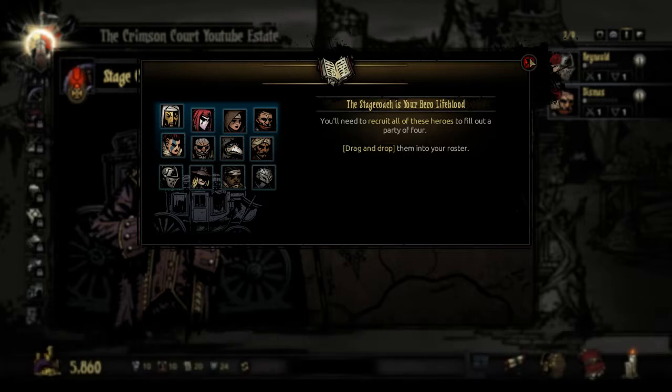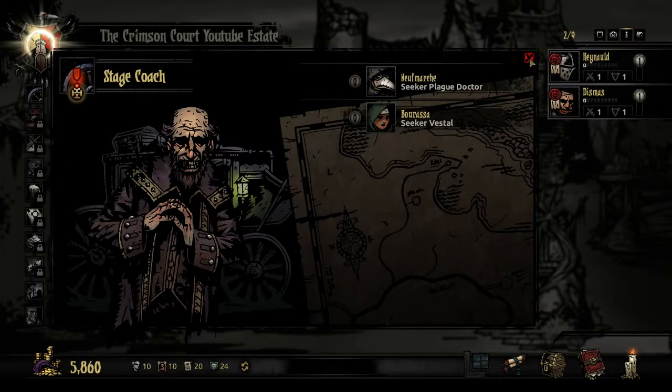I kinda really hope corpses don't find their way to us, because if they are, I've got some serious questions for the stagecoach rider, like, why are they dead, or why are you digging up corpses and bringing them to me? Now, your first two heroes will always be a Plague Doctor and a Vestal, and recruiting from the stagecoach